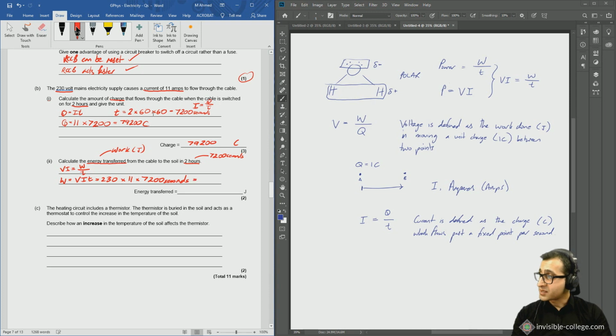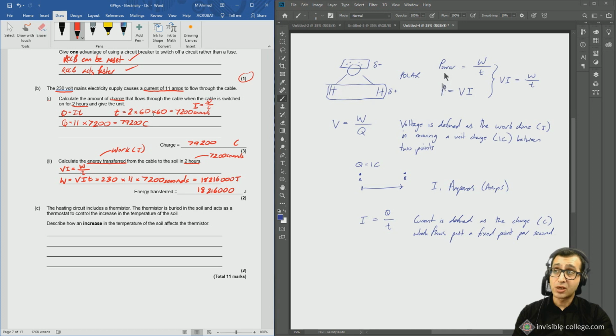So if we evaluate this, 230 times 11 times 7,200, we get 18,216,000 joules of energy. So this is our answer, 18,216,000. So some questions require you to know more than one equation, but if those equations have the same term as their subject,